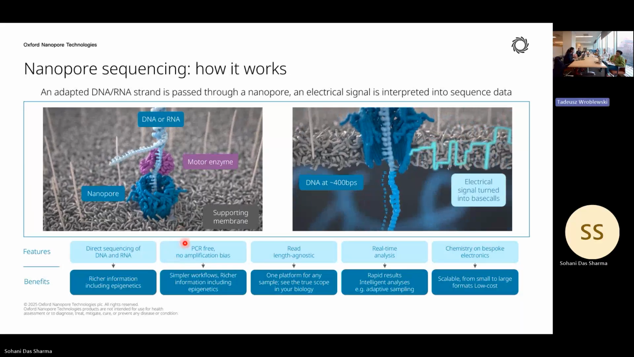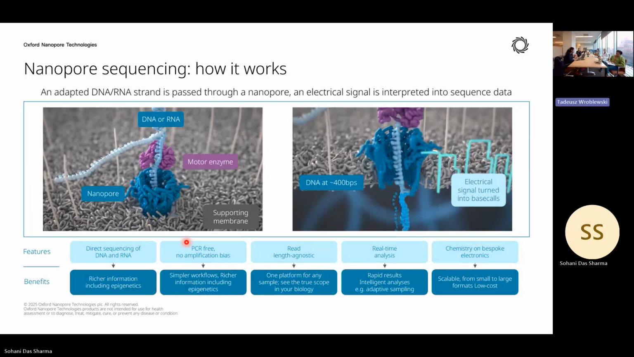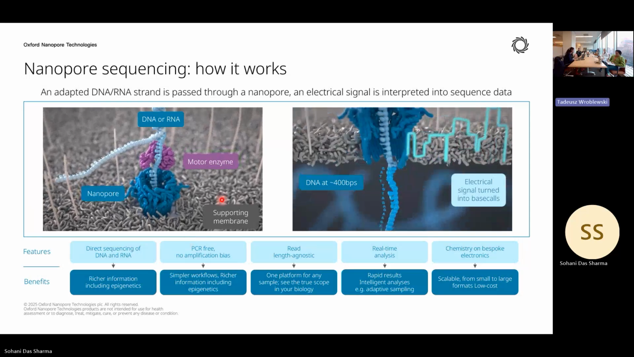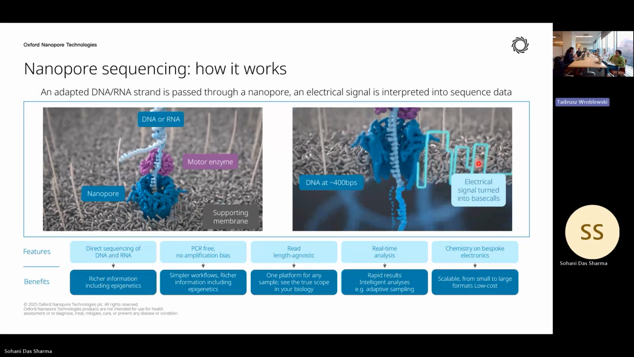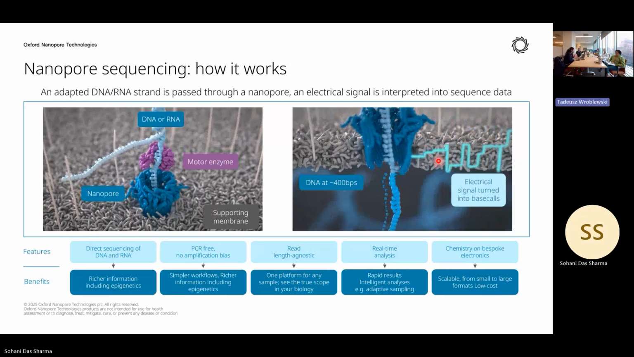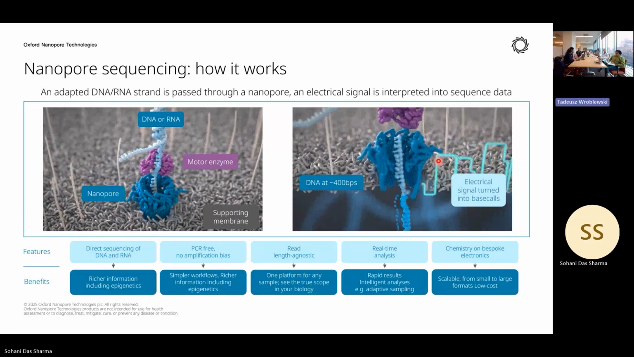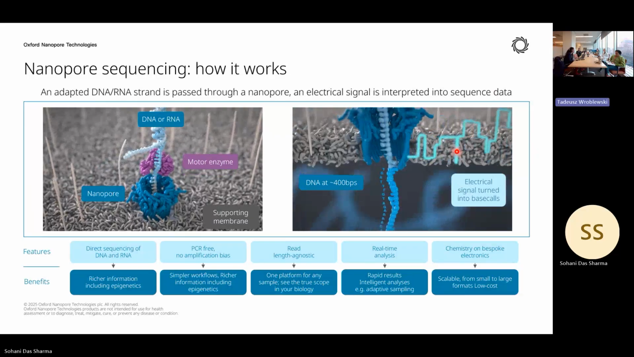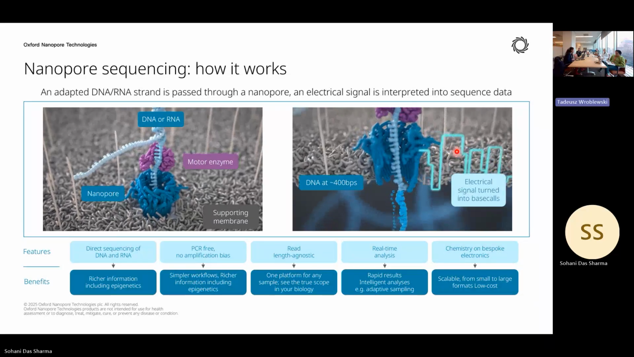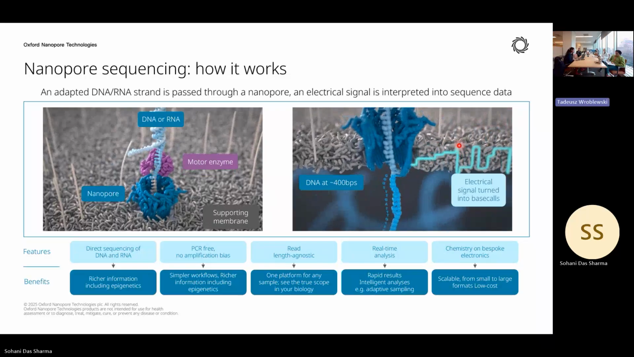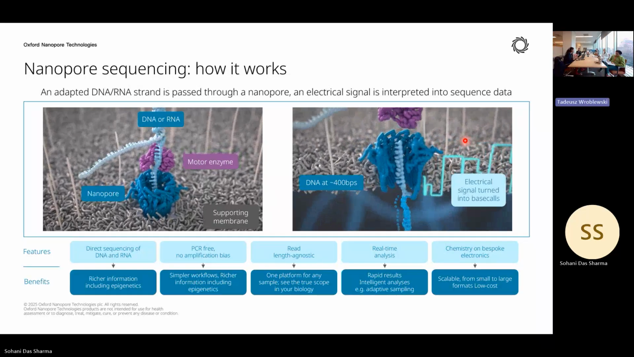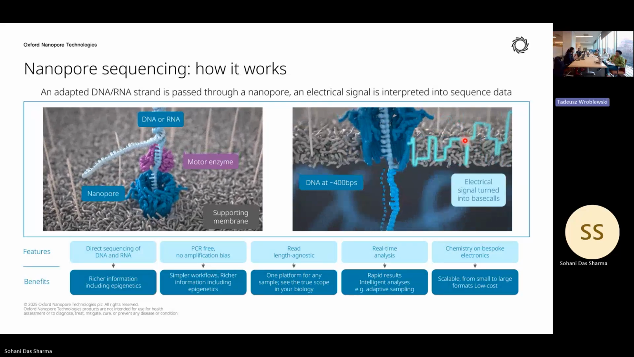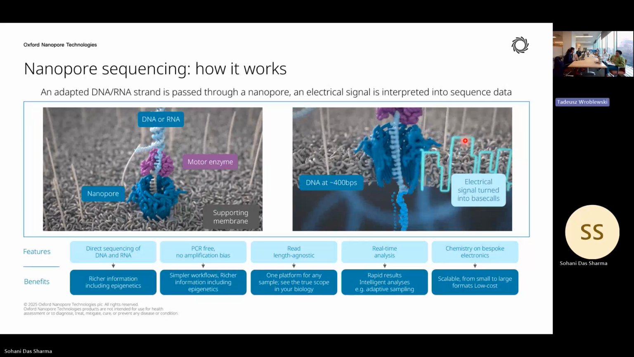And when it moves, it generates a disruption in the electrical energy, and that is called a squiggle, you can see here. In the nanopore system, this electrical energy gets deconvoluted using our machine learning based algorithm or software. Because of that, we are able to know information of each and every base at single nucleotide resolution